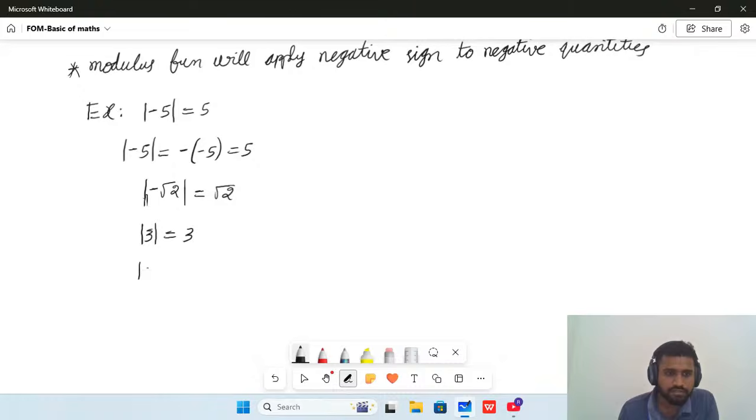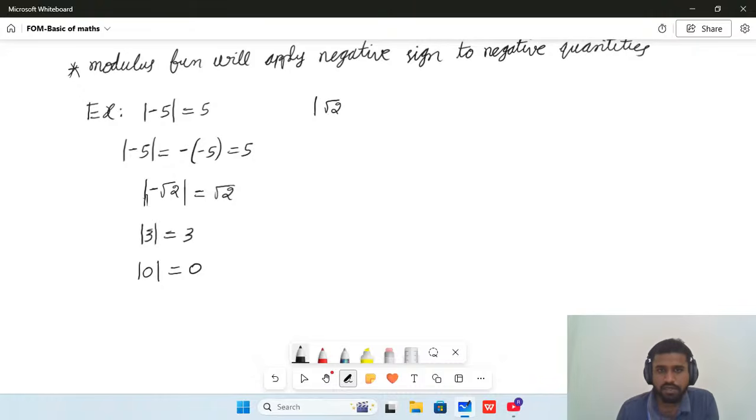And what is modulus of 0? Modulus of 0 will also be 0 only. So for negative quantities only, modulus will apply a negative sign. For positive quantities, directly it will give positive only. For example,